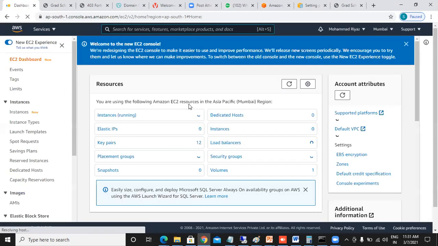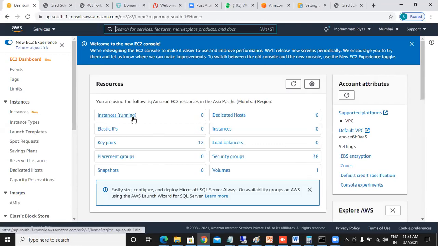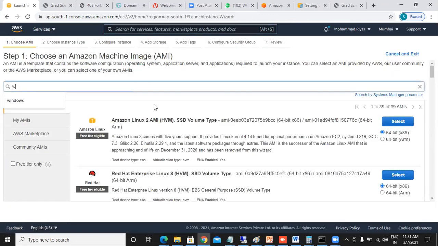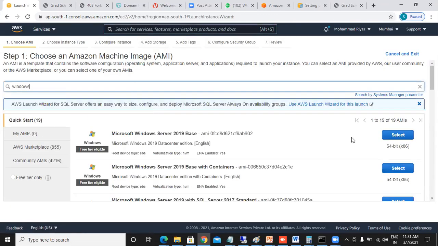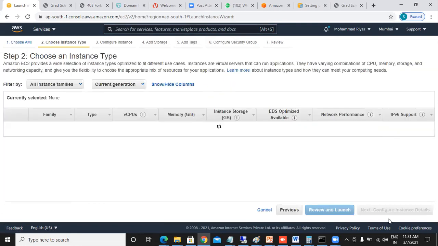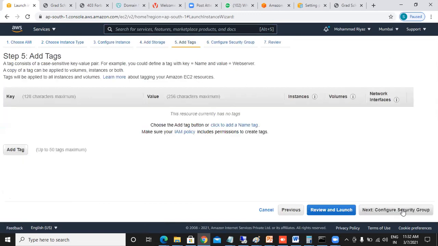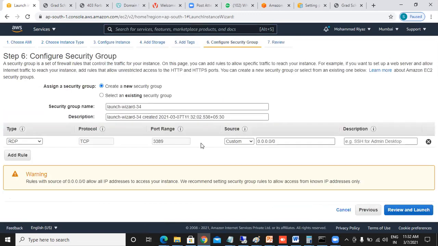First we need to have a machine if I want to host in Route 53. So I'm going here quickly and say launch instances, type Windows, select, next, next, next, next.